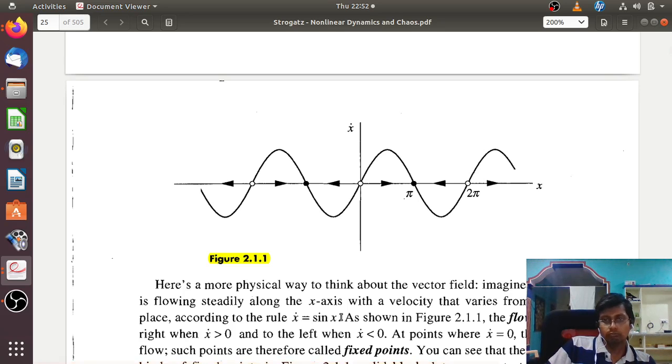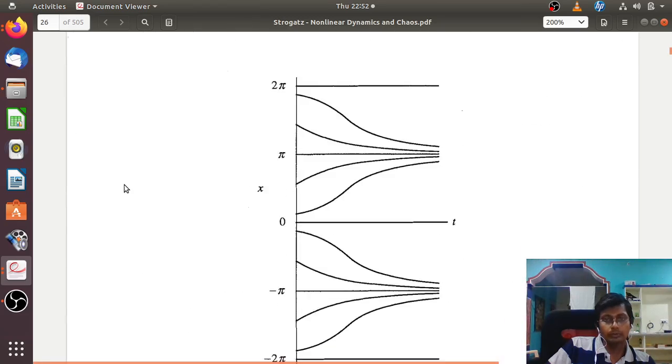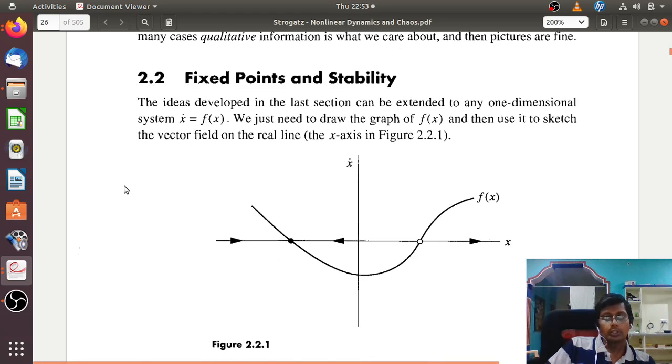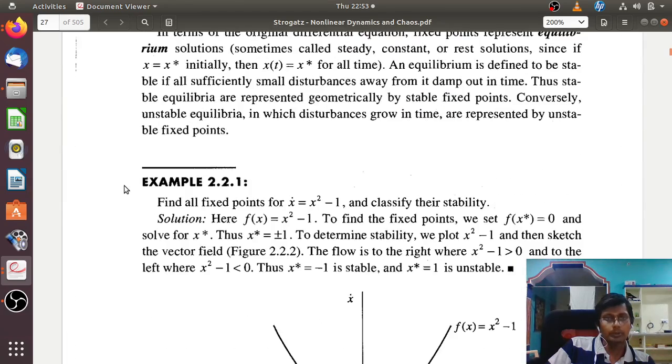Now, the book which I am referring to is Nonlinear Dynamics and Chaos by Stephen Strogatz. In this book you have to solve some example problems. You have to solve example 2.2.1, where you identify the fixed points and classify their stability for